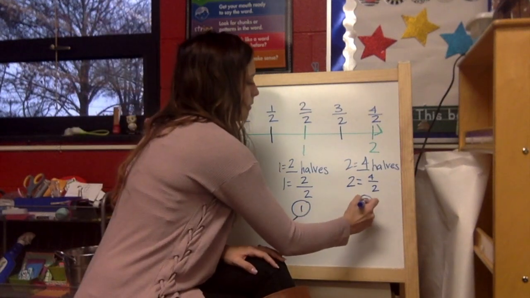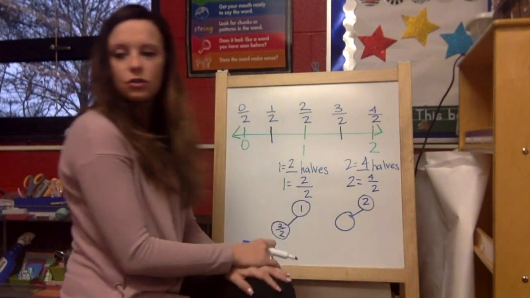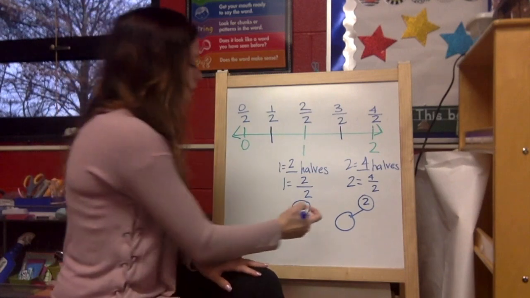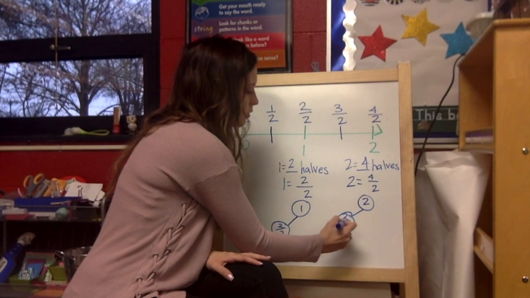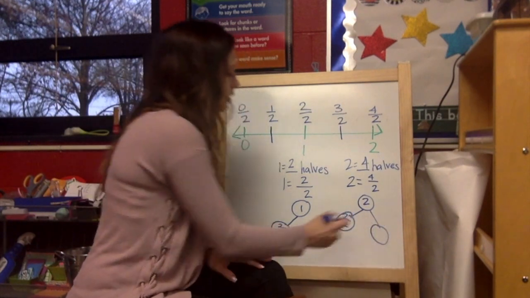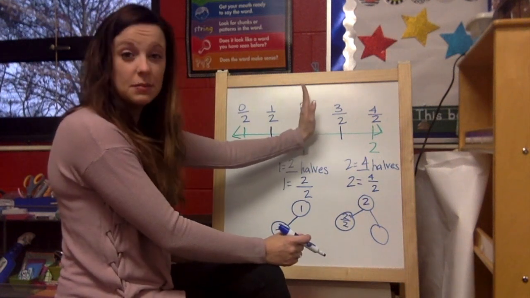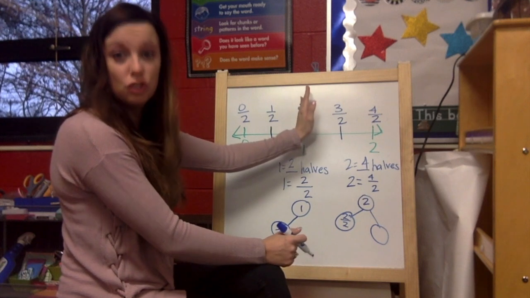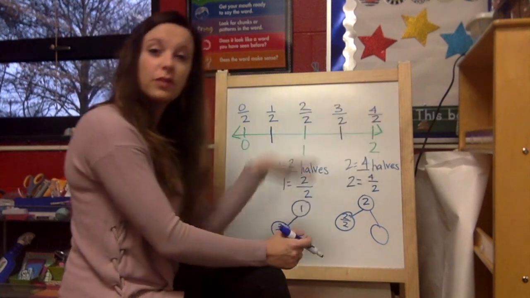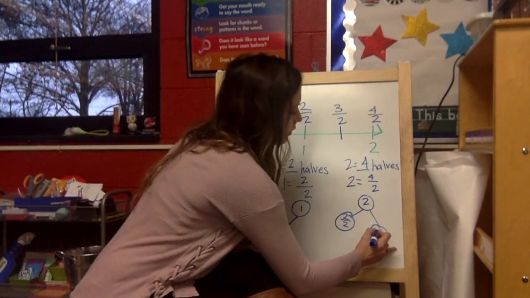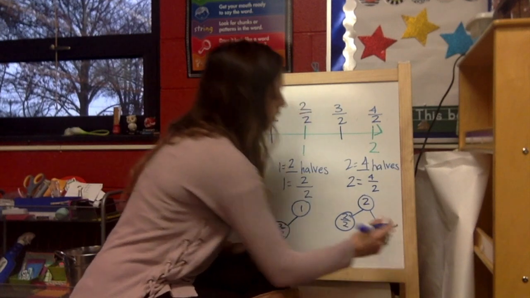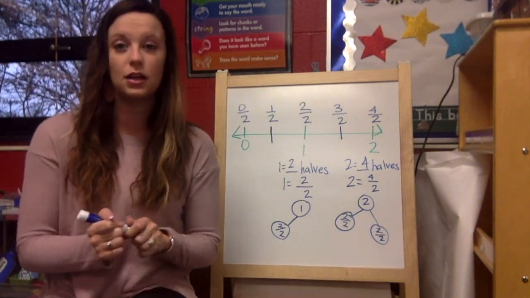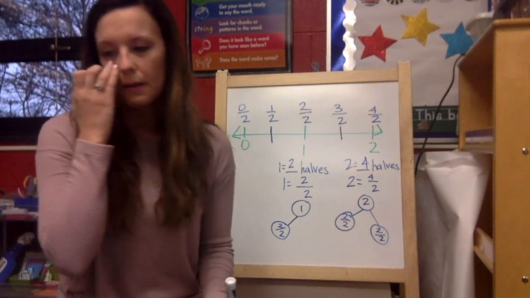And then they gave us a number bond, and they want us to use the copies of one whole, and they gave one to us, 2 over 2. Okay, 2 over 2 is the same as 1. So then how many more halves to get to 2? 1, 2. So another 2 over 2. Another 1 whole, which is also represented by 2 over 2. Okay,